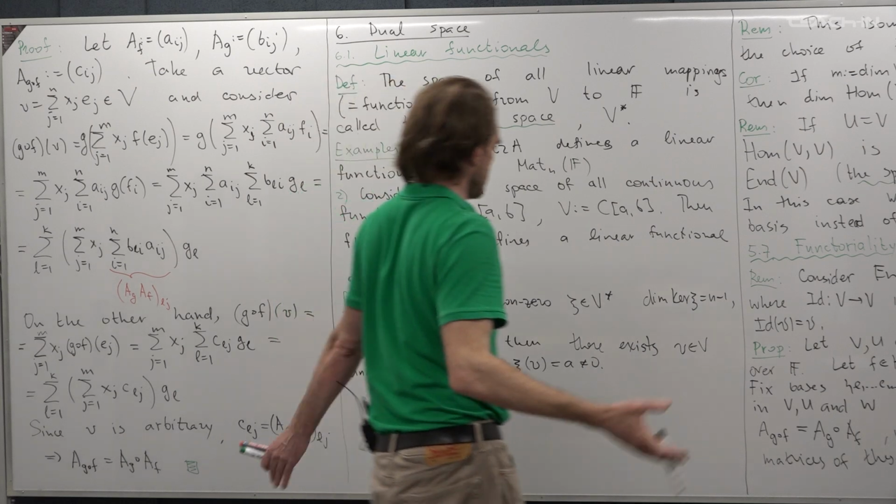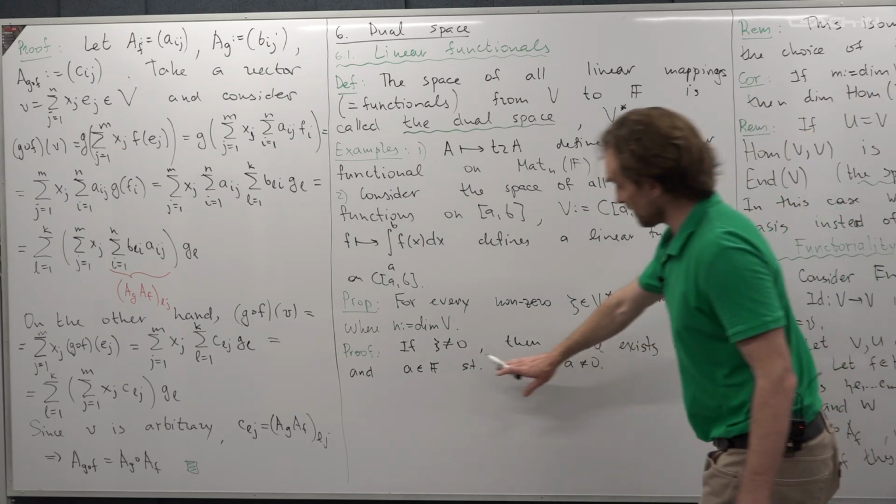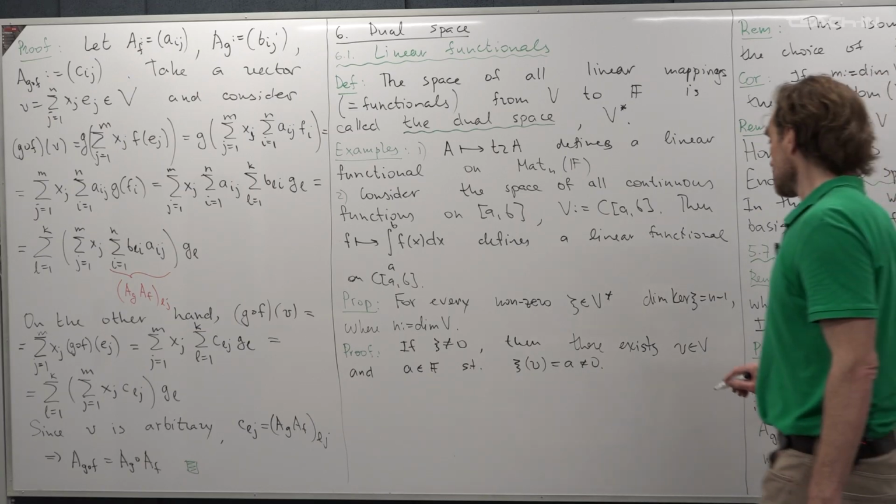So if Xi is the zero linear functional, then the image of every vector is 0. So here there exists such a vector and such element A, and therefore